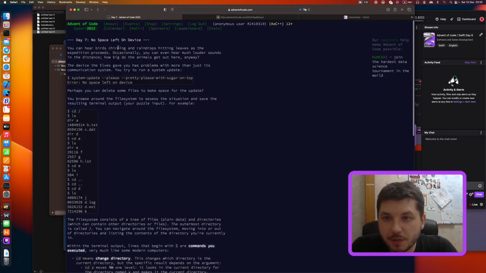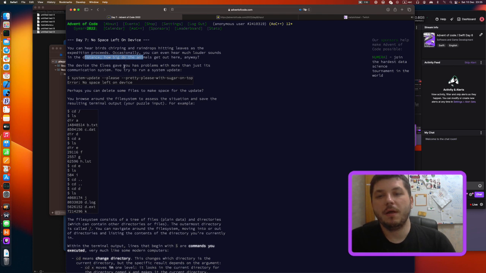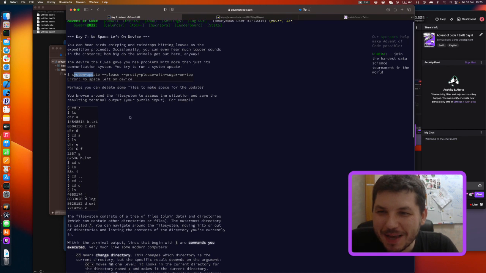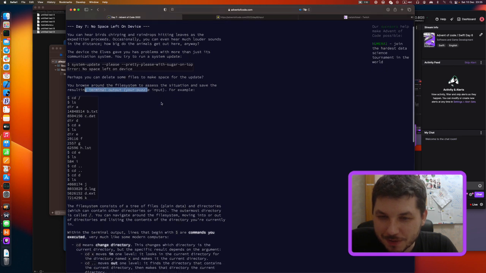You can hear birds chirping and raindrops hitting leaves as the expedition proceeds. Occasionally you can even hear much louder sounds in the distance. How big do the animals get out here anyway? The device the elves gave you has problems with more than just its communication system. You tried to run a system update. Okay. System update please, pretty please, with sugar on top. Error: no space on device. Perhaps you can delete some files to make space for the update. You browse around the file system to assess the situation and save the result in terminal output, your puzzle input. For example: